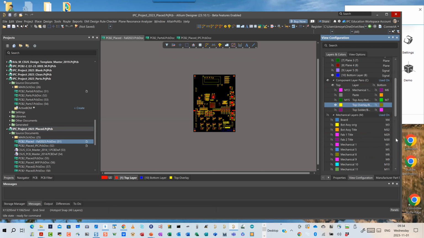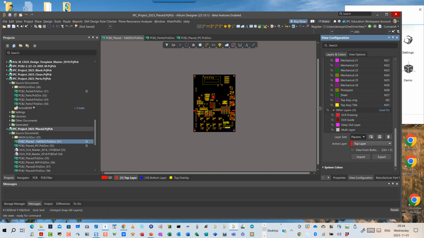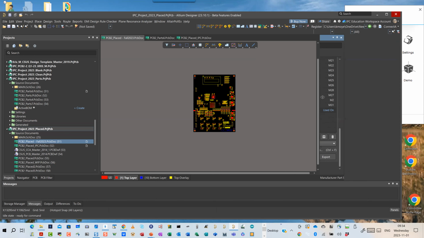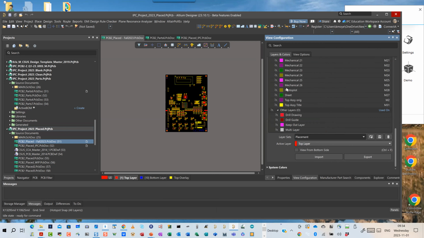So I can go down here, at the bottom of the view configuration, after I've selected my eyeballs, so I don't have to constantly manually click the eyeballs on and off for what I do and don't want visible, I can give this a new name. I might call this placement 2. Like that. And so now over here under this layer sets button, this LS button next to your visible layers,